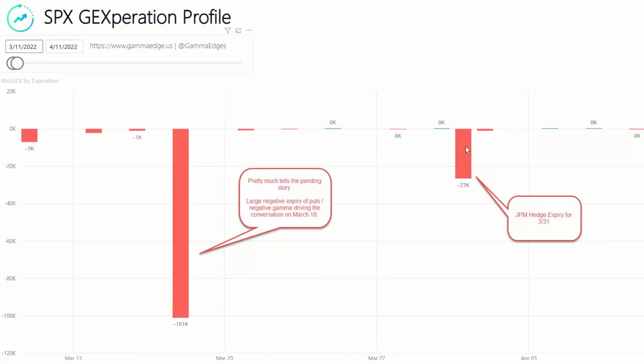I also want to draw your attention out here to the end of the month. This is the JPM hedge, which expires on 3/31. They will put a new hedge on, of course, but this will become an upside attractor once we get beyond this. And so look for that 45.10 being a key attractor level, and we'll handle that as we start advancing